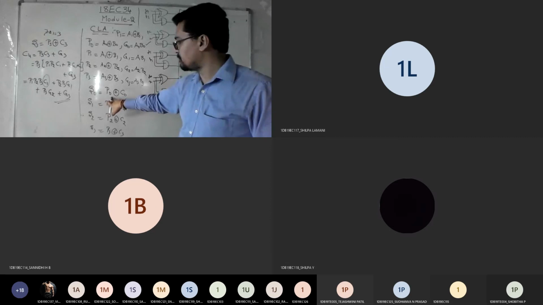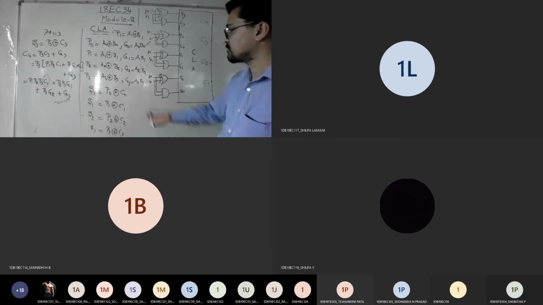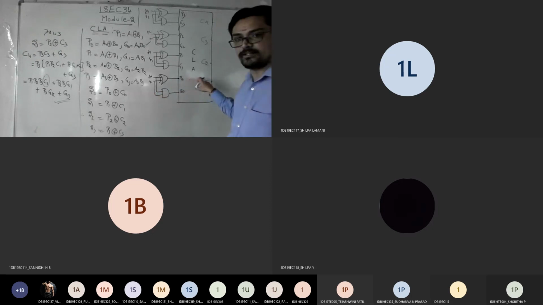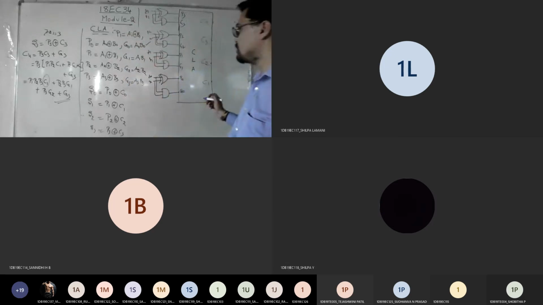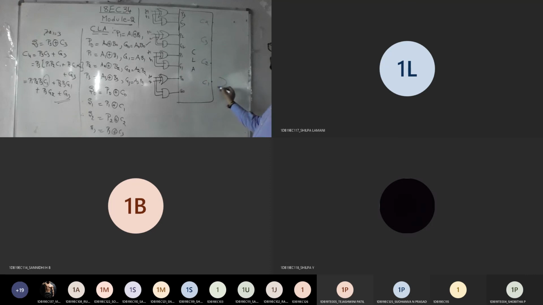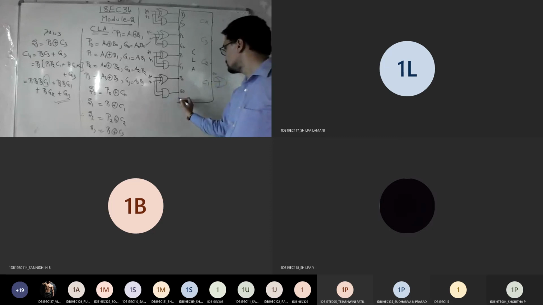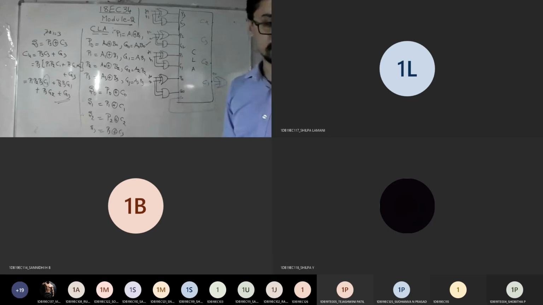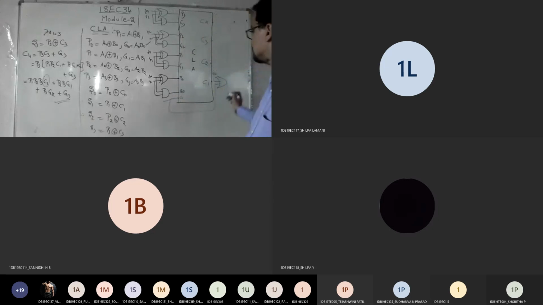You want S0, which means P0 combined with your C0. So what you will do? You want S0 here. See, don't draw a line here. It is an IC, the fabrication will be inside. So what you need to connect is one XOR gate here, and just mention this as P0. And this combination should be given to C0, right? So C0, I can take somewhere here, connect this in this. Am I clear? So is it your S0?